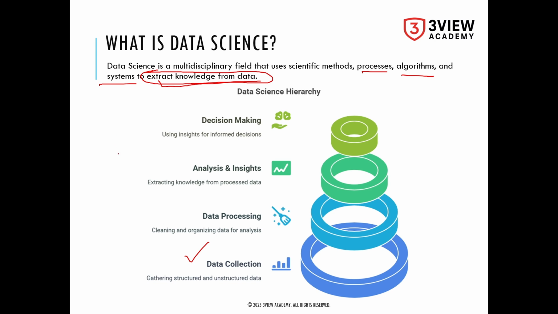The next level is a very important level, which is called data processing. So what do we do in data processing? Data processing is converting raw data into useful data. How do we do that? We check the data. We are not talking about small data, because for small data you don't need a data cleaning or data handling process. But when you are talking about a large data set, big data with 1,000 rows, multiple columns, thousands of pieces of information in every cell.